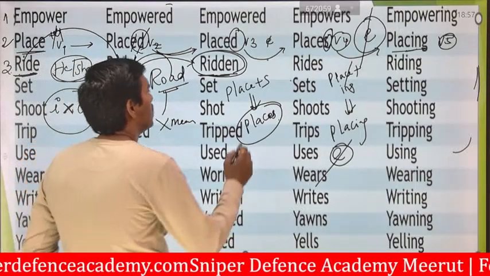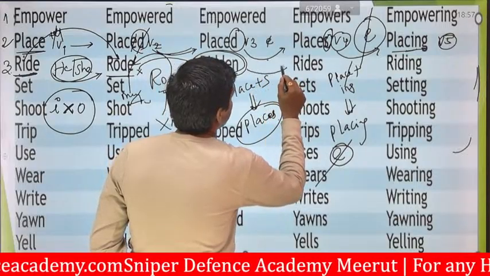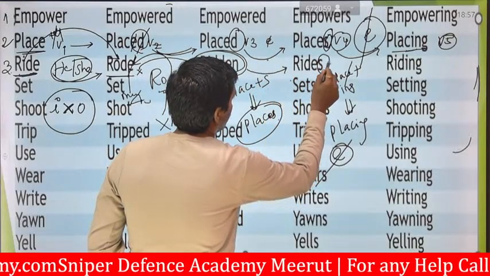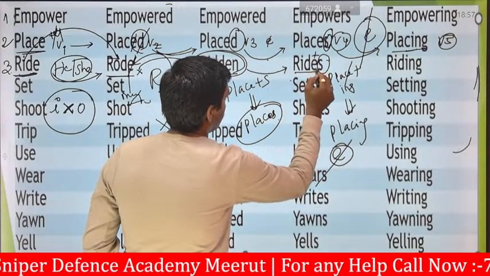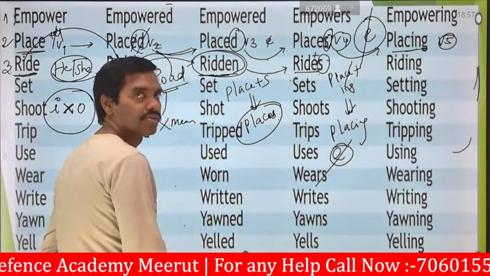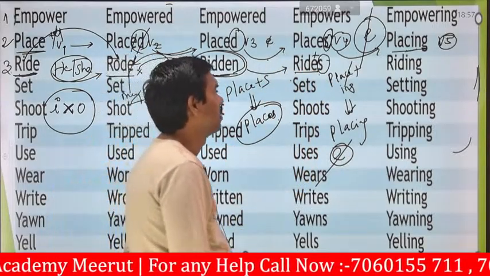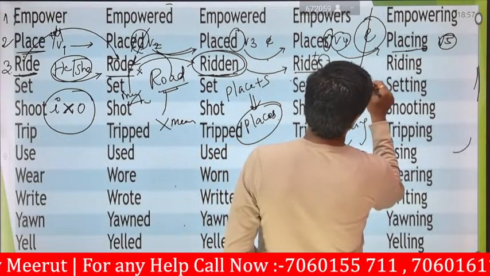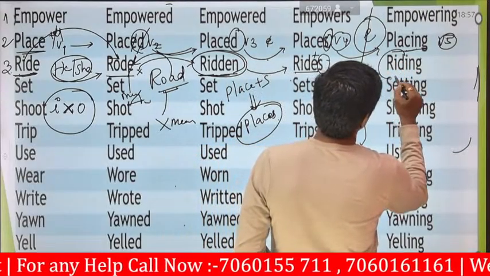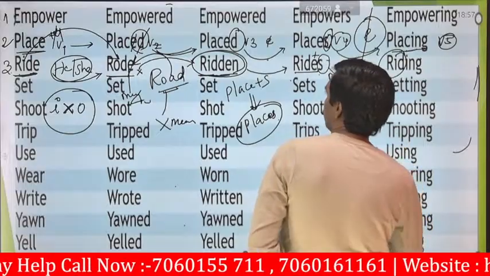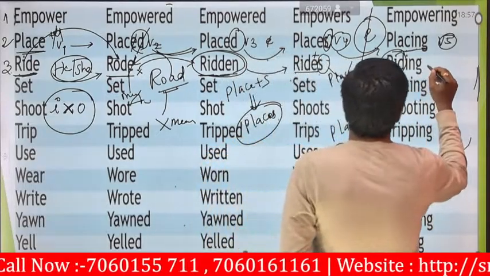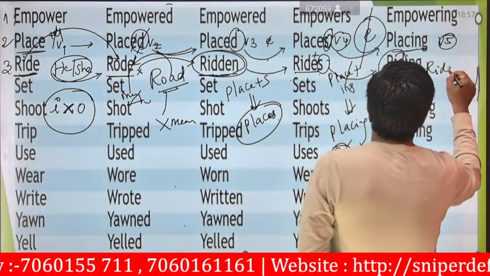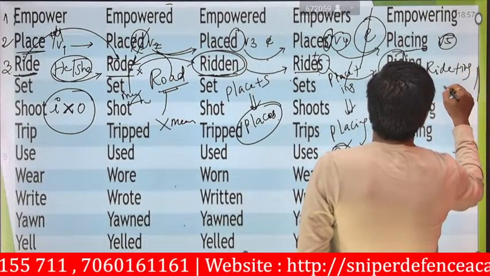This ridden will be transformed to rides. Generally, we know that S will be added. Ride plus S gives rides. Next, this rides will be replaced in terms of riding. What is that? Ride plus ing. Don't think that E will remain silent. R-I-D-E plus ing gives